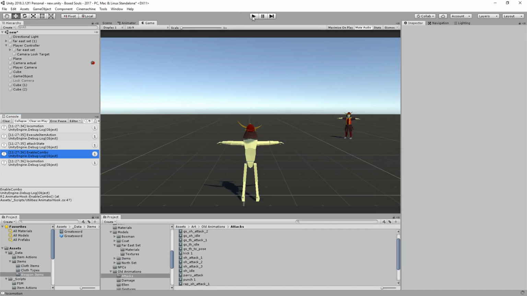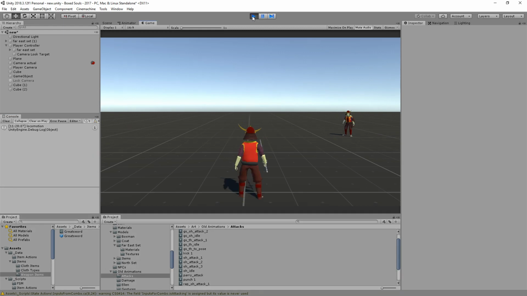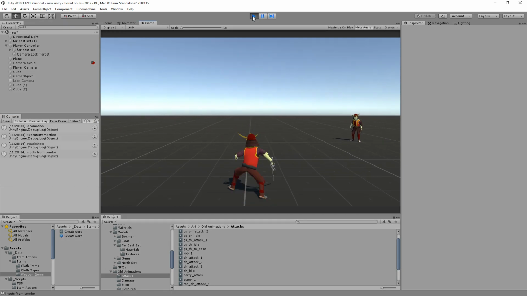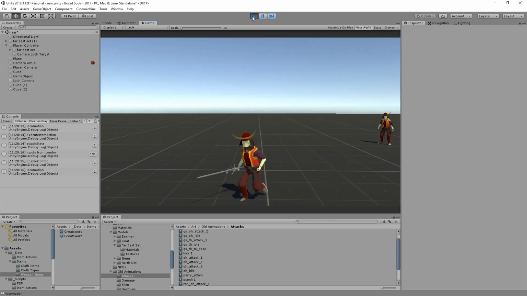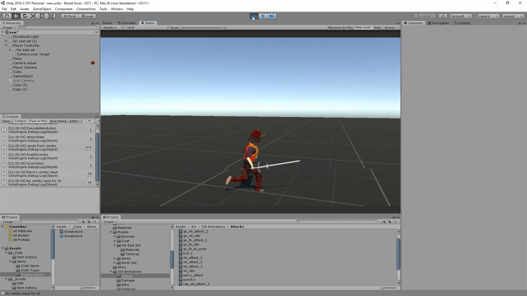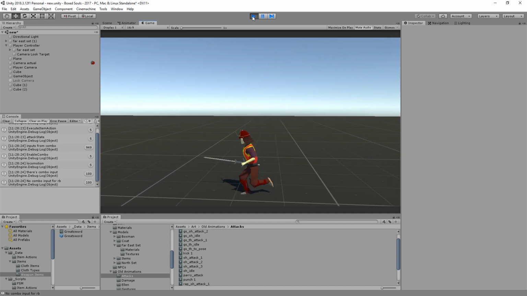And hit play. Let's not play. Okay, inputs from combo are running. And we do get